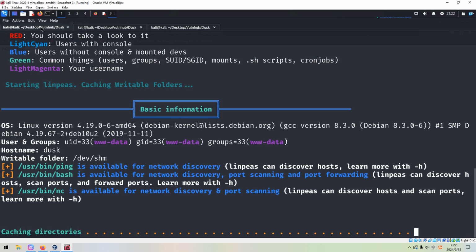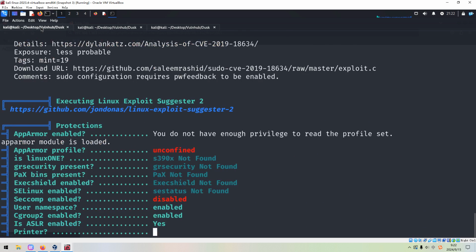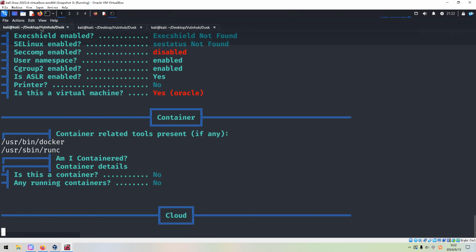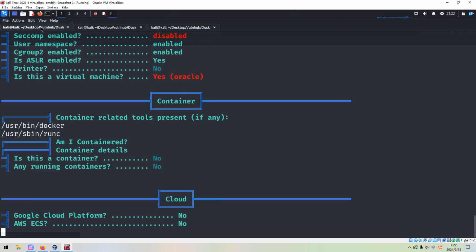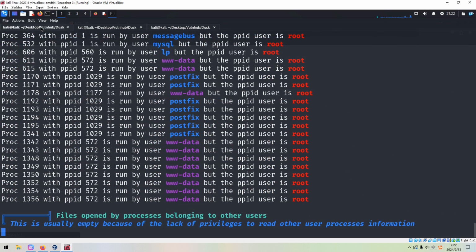In most cases, when we try to elevate privilege or make lateral movement, we need to rely on the power of the LinPEAS shell script because it can automatically enumerate the machine from so many different aspects.